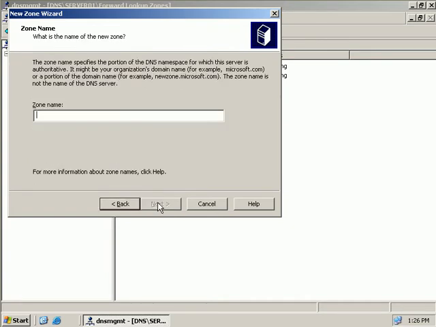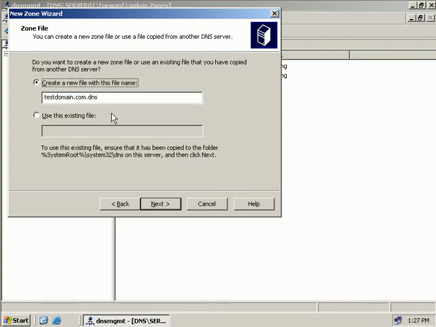So we'll choose Next. And now we're asked to configure the DNS namespace for this zone. So ours will be testdomain.com, and then we'll choose Next. Now we have to enter in the name of the DNS zone file. Now by default it will be the namespace that we chose with a .dns at the end. Now I'm going to accept these defaults, but if we already have a DNS zone file created on another server, and perhaps say we're decommissioning that server, we could import it by choosing the second option and then copying the file into the system root system32/DNS folder on this server. But as this is our first DNS server, we're just going to leave the first option here